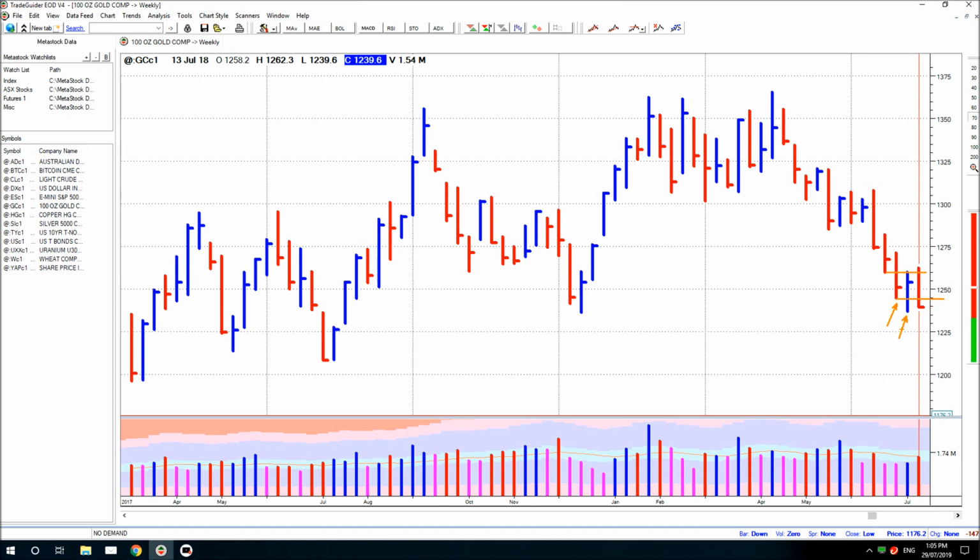Now this bar traded below that low and recovered to close back within the range of this bar. Now this bar here tried to go up in response, got smacked down by an increase in supply down here, and has closed below this bar's low. So this is looking like it's not going to be able to sustain a recovery at this point. So we'll go forward again,